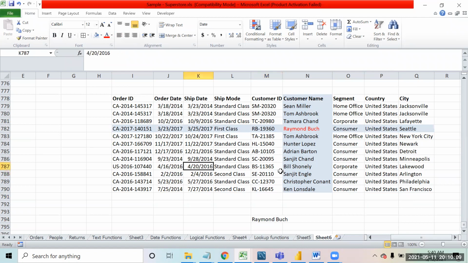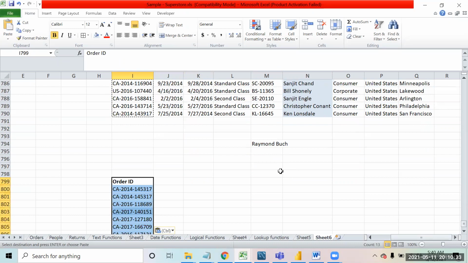Now, if you think of it from the match perspective, the match will come into play. What was the column name? Customer name, right? The column is customer name. And what is the row? Row is the order ID. These are the order IDs that are given to me. For all these order IDs, you have to find the customer name. Now, I will not use VLOOKUP. I will use index and match together.